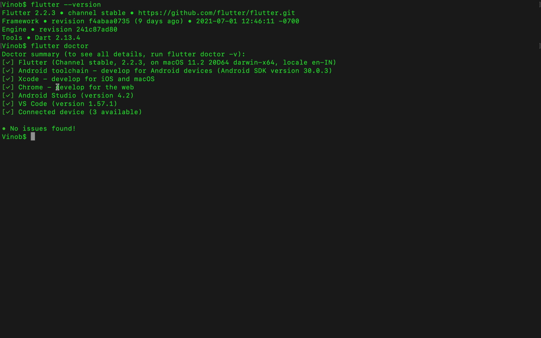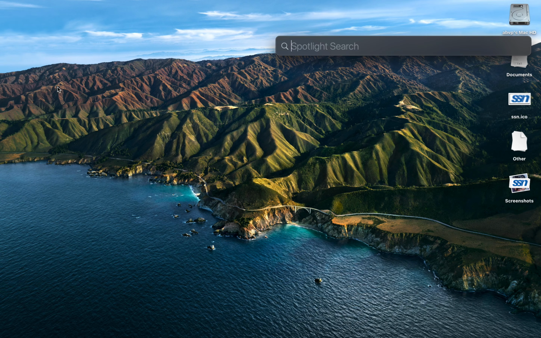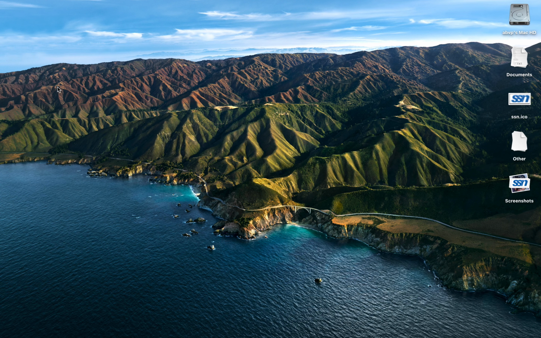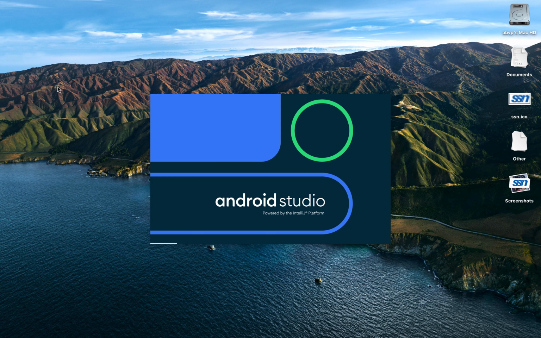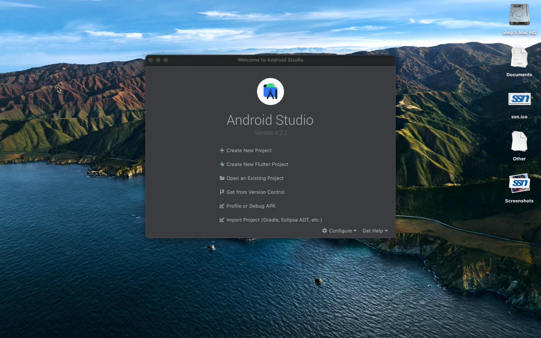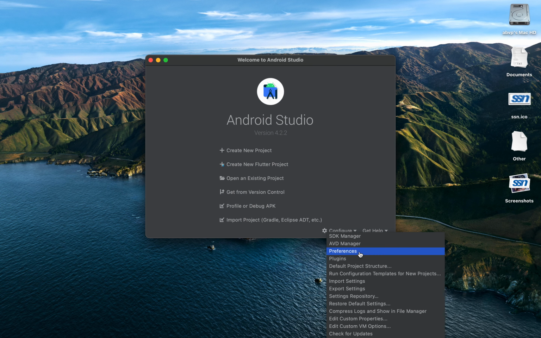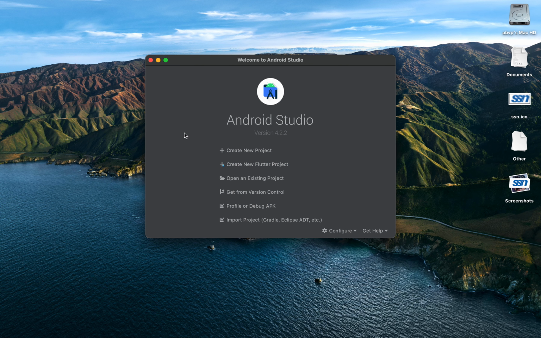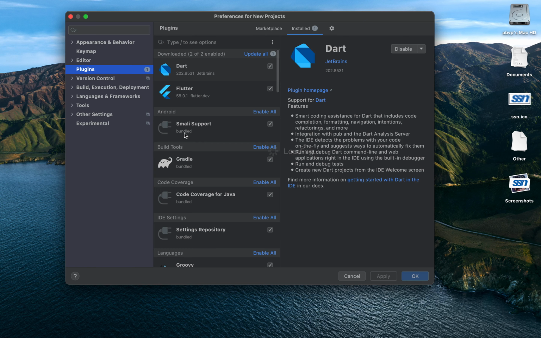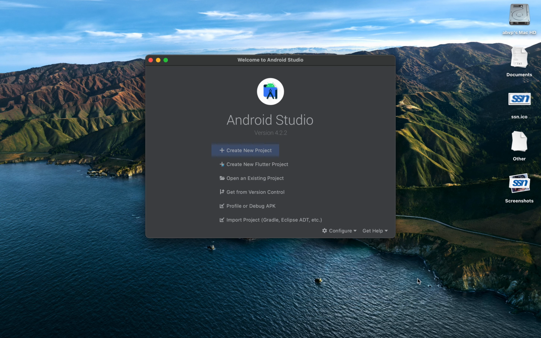Now once that is done, we can head over to Android Studio and start creating our first app. So we go to Android Studio, and from here we need to configure a plugin for Flutter and Dart so that we get this create new Flutter project. For this, we need to go under preferences or settings in Windows, and from here install the plugin and restart the studio. So here under plugins, as you can see, we have Dart and Flutter already configured and installed. So you need to install this particular plugin and then restart Android Studio before developing your app.